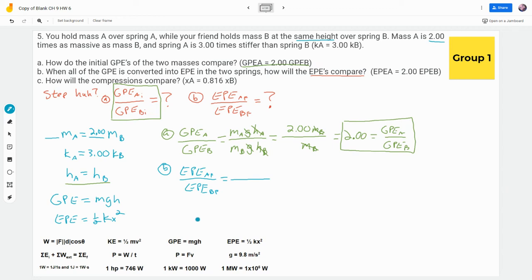But it's actually not time for that formula yet. This is the idea we're going to use here. All of that GPE is converted into EPE. So what does that mean? That means EPE sub A final is going to be equal to